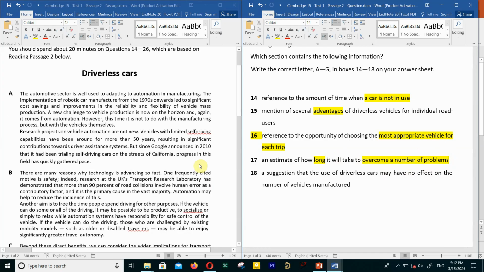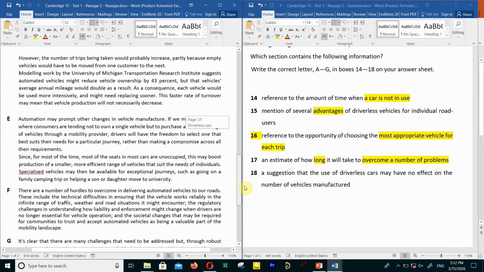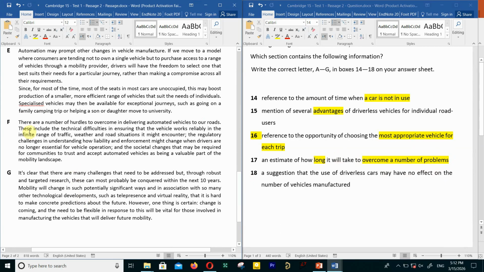in the last paragraph. Maybe paragraph F or G at the end of the paragraphs. This is an educated guess from the other Cambridge books as well. So this is good to have in your mind. Please take a note of that. When they want to